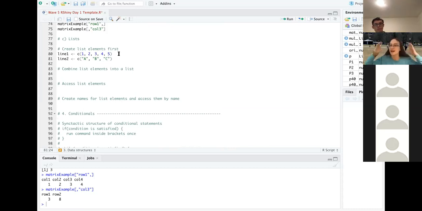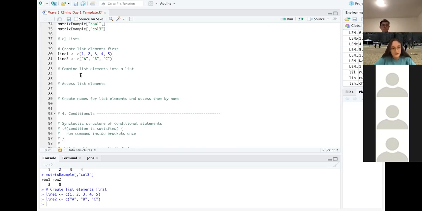The only case where it has to contain a certain type of thing is if you're doing an operation on it. If you want to call sum or product, then everything has to fit whatever that operation specified. But otherwise, vectors can have anything. So let's just go ahead and run those.